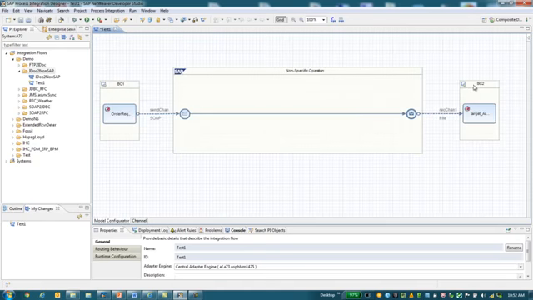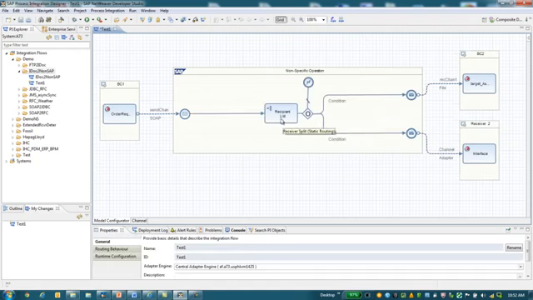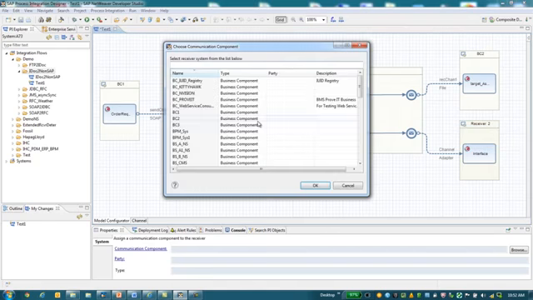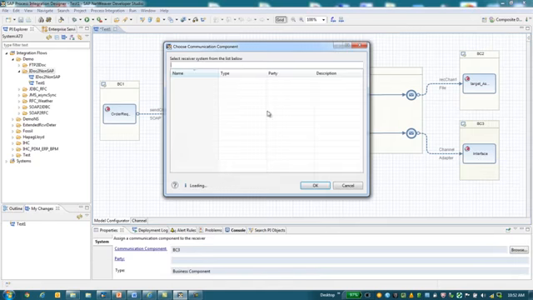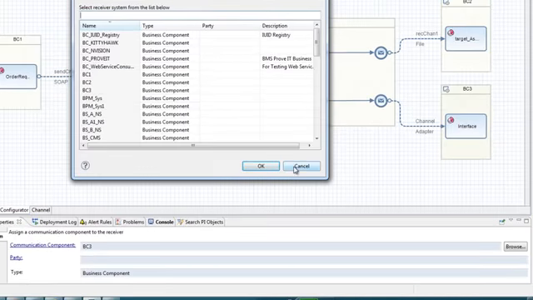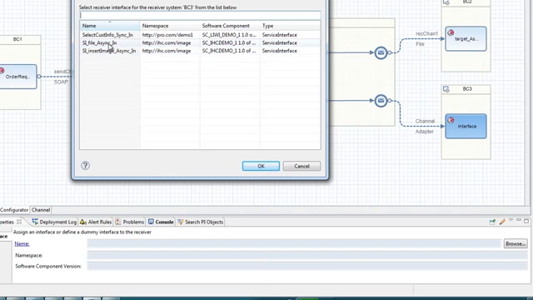And if I want to send it to another receiver, I can right-click here. I can say add a receiver. And now I have two different receivers, and here the receiver is undefined. I can just assign some kind of a receiver name, and again I can assign an interface. Sorry, I need to highlight it first before I do that, and maybe I want to insert. Okay,